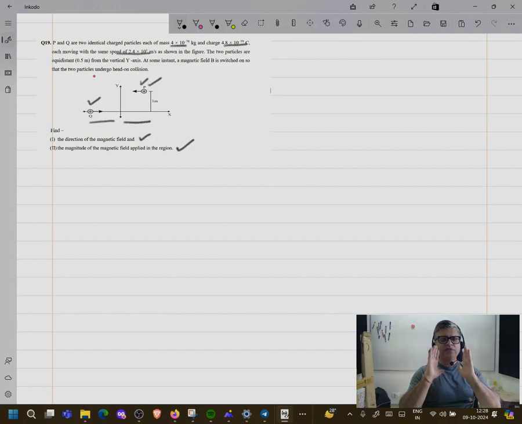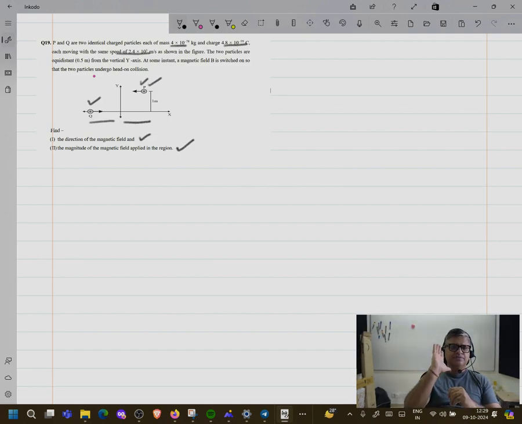collide. So we are very sure that the magnetic force on the upper one should be downward and on the lower one should be upward. We know it's a centripetal force, but at least we have a sense. Now, before I solve this problem, I will explain how to calculate the direction